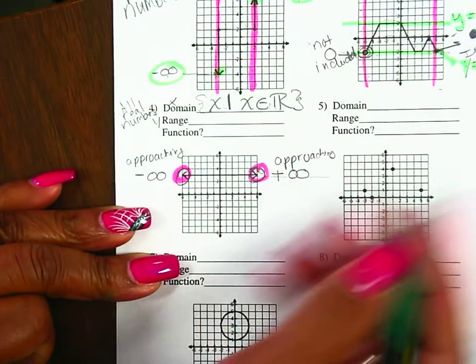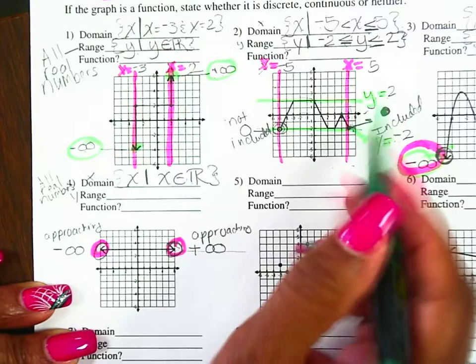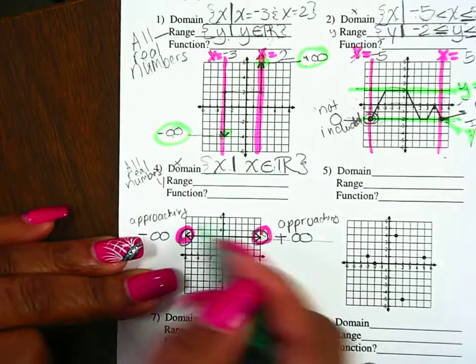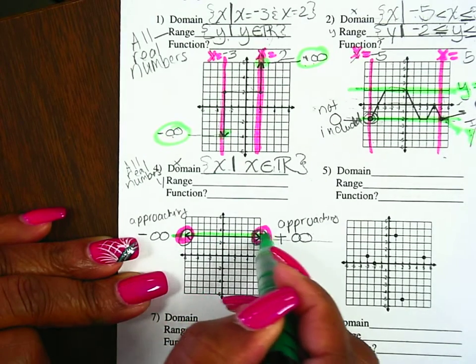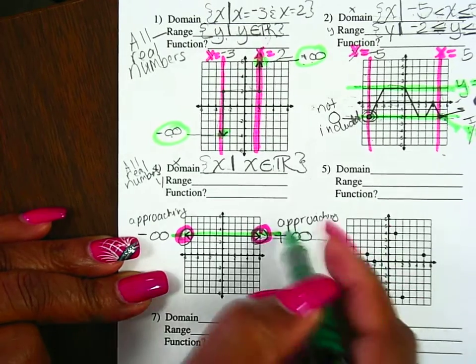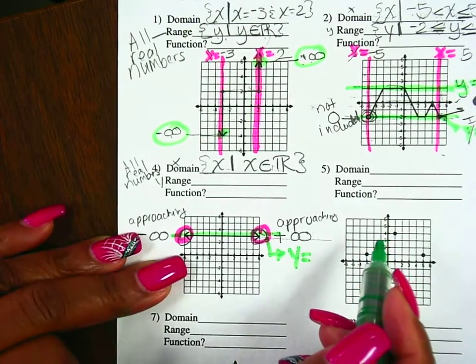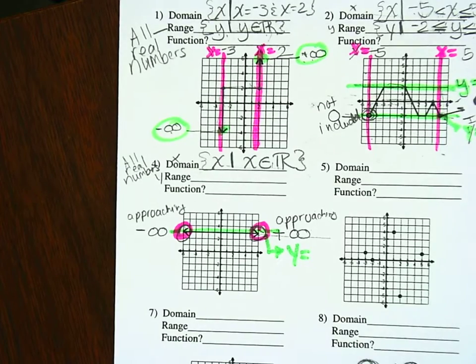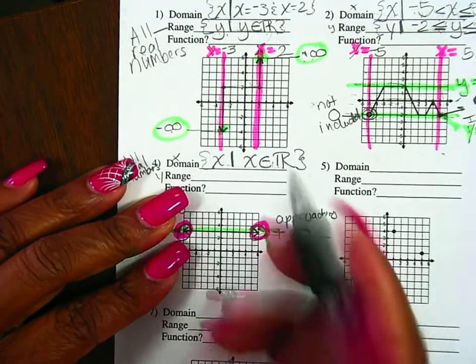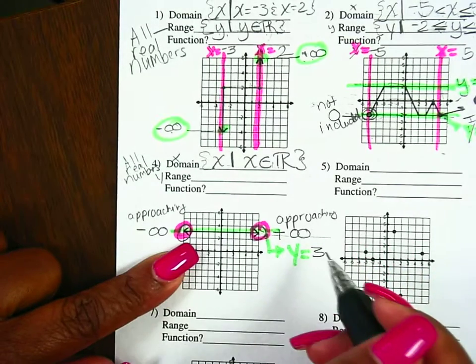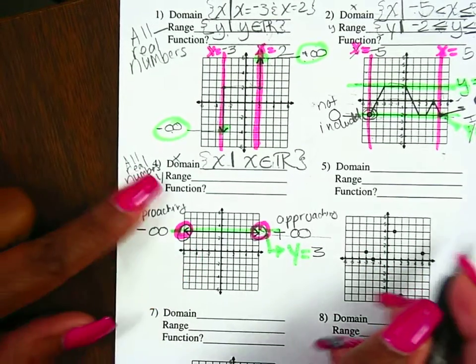Just like here on number 2, you see how we drew the horizontal lines? For the y, same thing. When I draw this line here, you'll say it's going through that, and that's fine. Here, y equals. What does y equal there? There you go. Y equals 3. So in this case, my range is just y equals 3. So for the range,